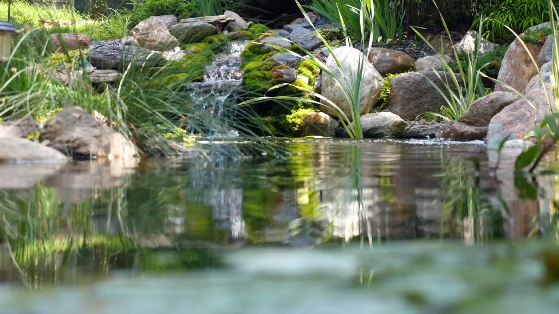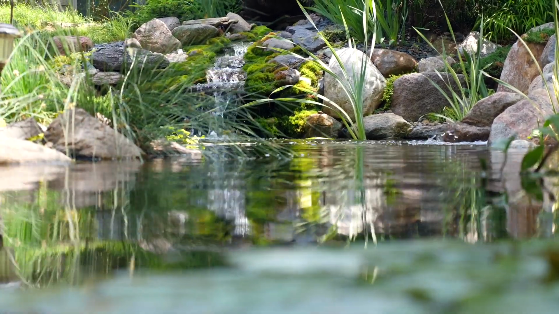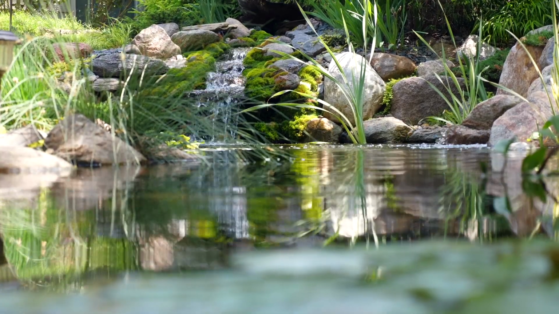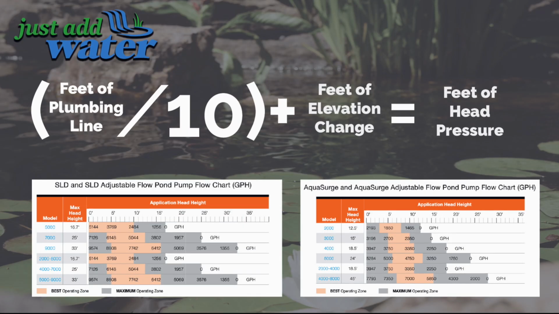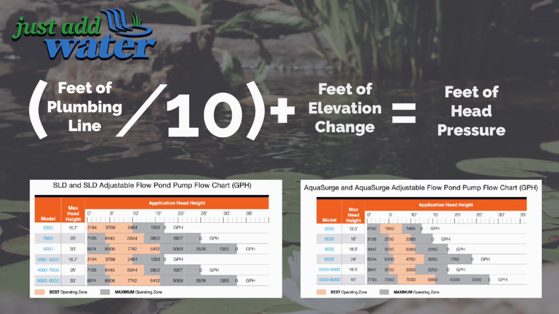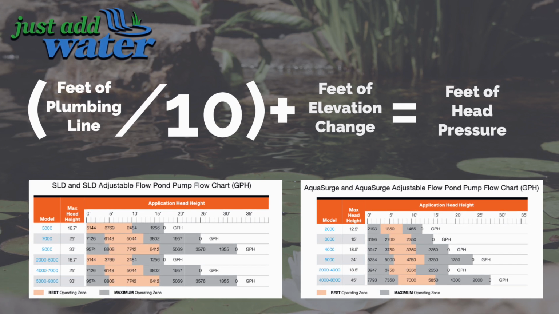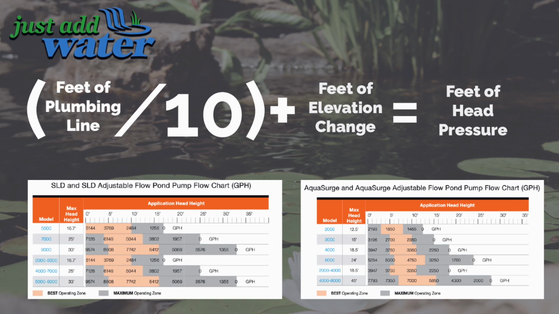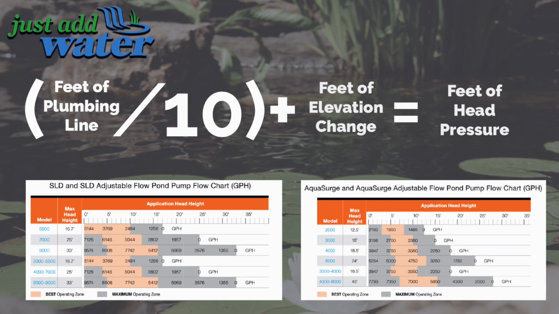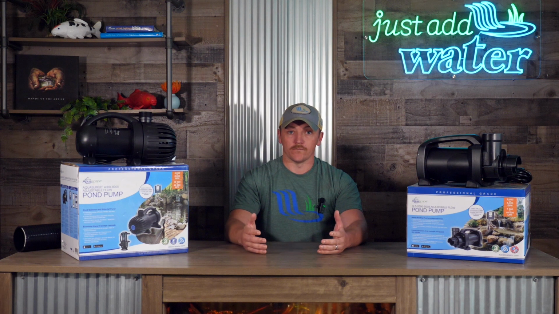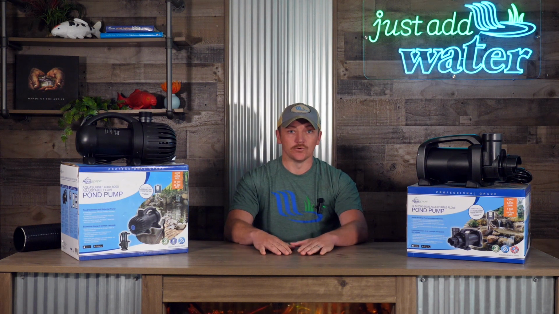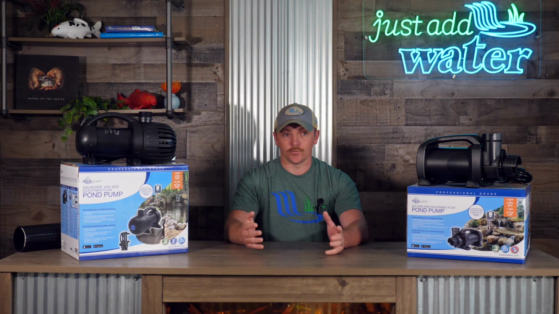For every 10 feet of plumbing line run, that equals 1 foot of head. Every 1 foot of vertical elevation change is also equal to 1 foot of head. So with a 30-foot plumbing line, that's 3 feet of head, and 2 feet of elevation change is 2 feet of head. 3 plus 2 is